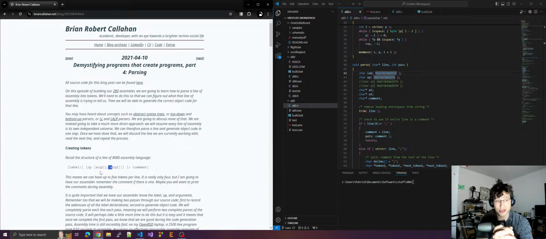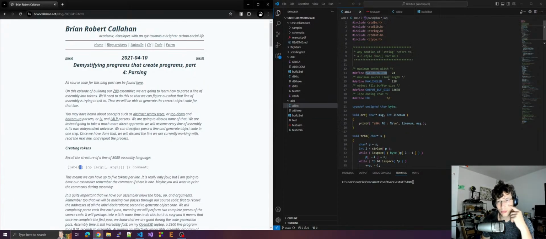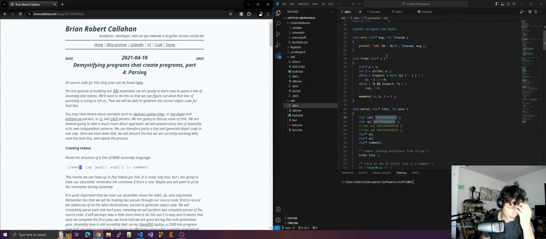If there is a colon, then there's a label. I think I may have to look for the label before all the other nonsense, because sometimes you may have a label on its own line. So if you look at it, max token width is 24, but I'm not really sure how wide that actually will be. I'm imagining like 16 or something. Maybe there won't be anything at all. But anyway,